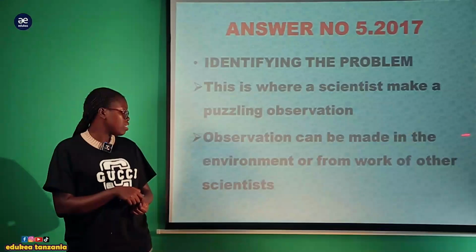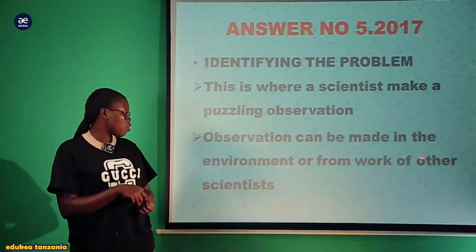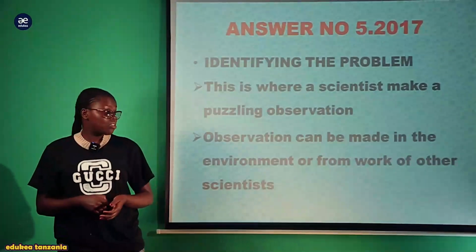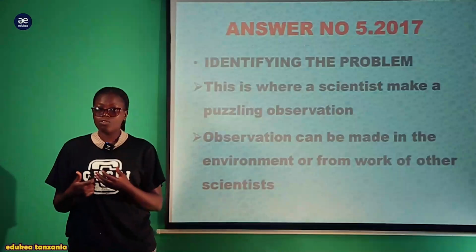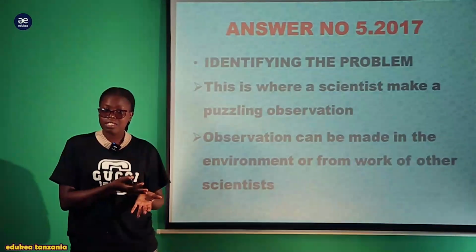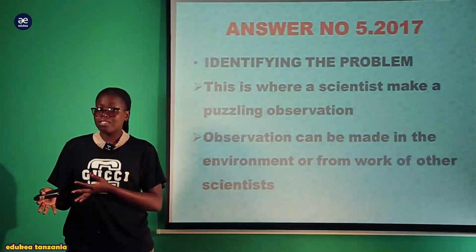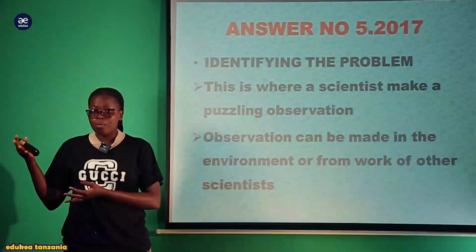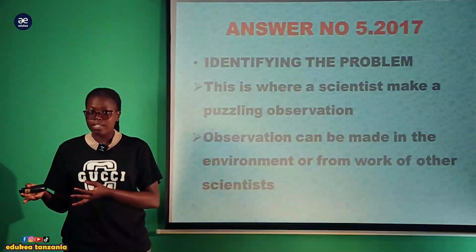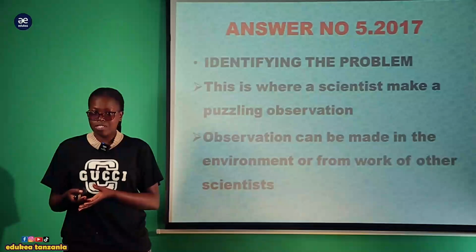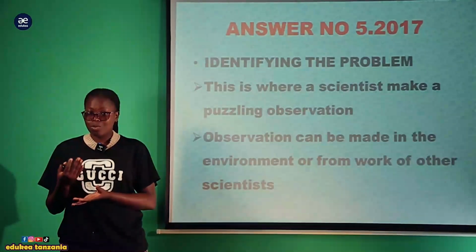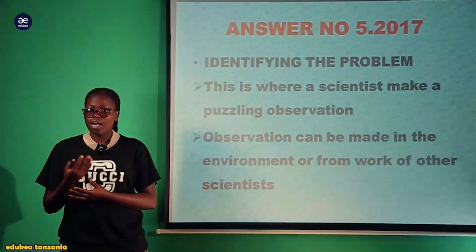Observation can be made in the environment or from the work of other scientists. So for this observation, either you can use your common sense to collect data from the environment, or you can use literature reviews from scientists, based on their findings, to identify what is missing, what is the gap in that particular finding they made. So now you can come up with a problem